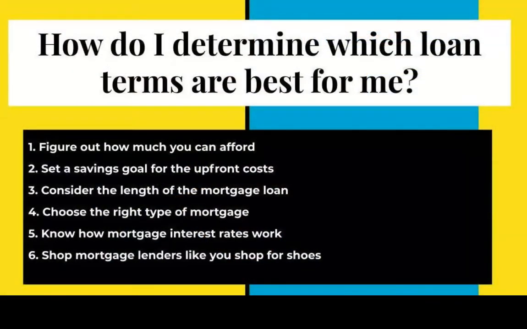So those are some of the things that you want to look at. It's very important that you choose the right type of mortgage. It is very easy to, well, it's not very easy, but it's most feasible for people to get a 30-year mortgage and try to pay it off in less time. The reason why is because, even though you're paying more interest over the life of the loan, if you're able to make those few principal payments, as I was stating earlier, then you can shave years off of the amount of time that you have to pay the loan off, thus saving yourself that interest.